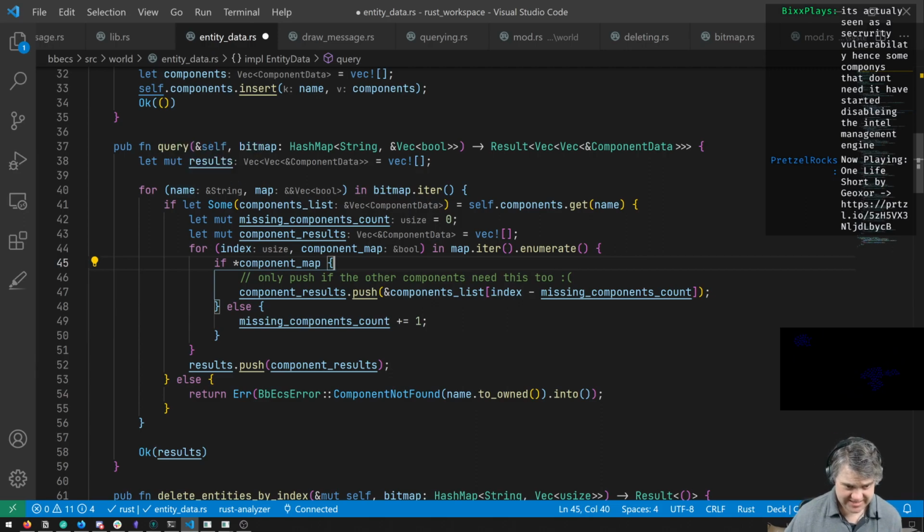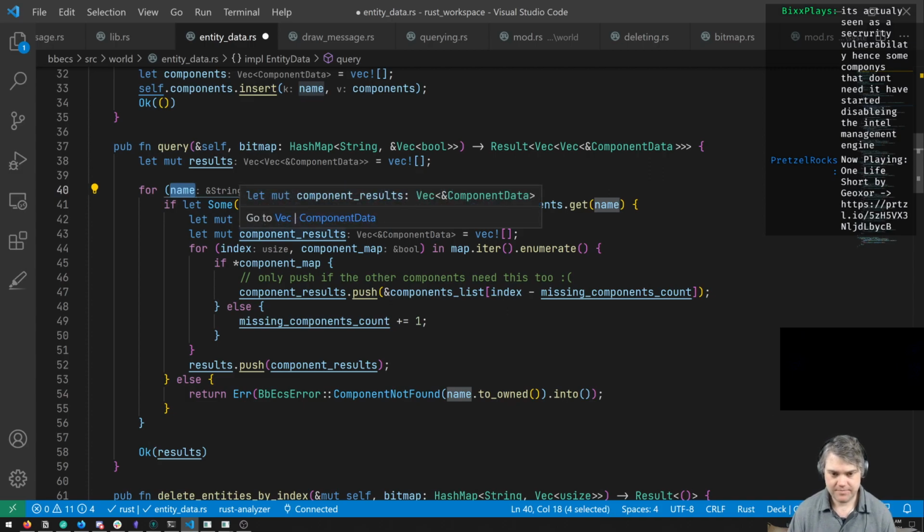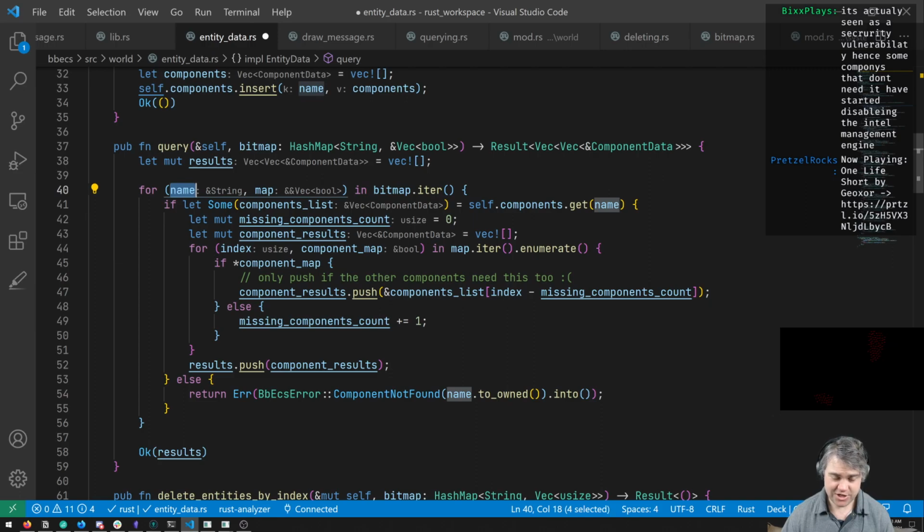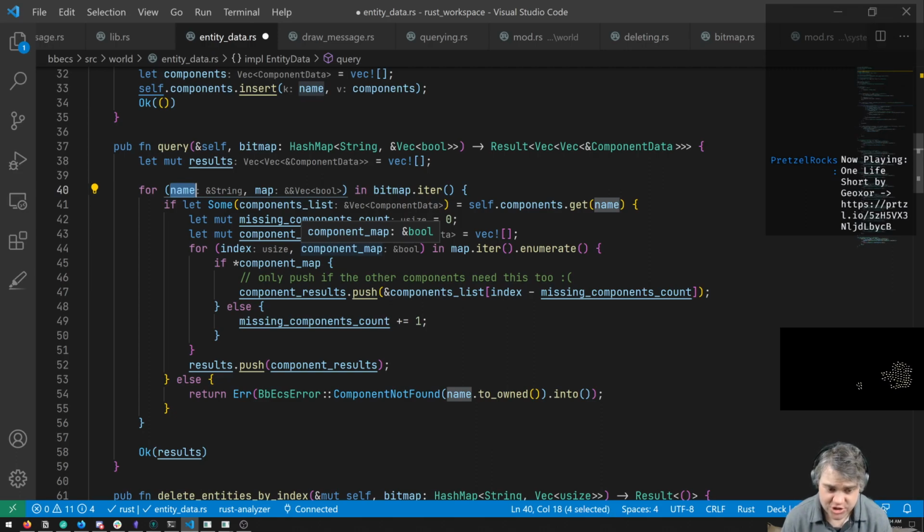Now we have this nice hash map here. We have the index of where we are in the current map. Can we loop through the other maps and check to see, hey, do you all have these things? And if you do, go ahead and push that in. So in that case, maybe I can just create another function we can call here.